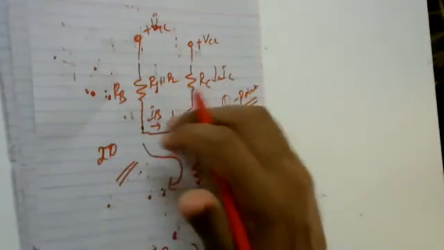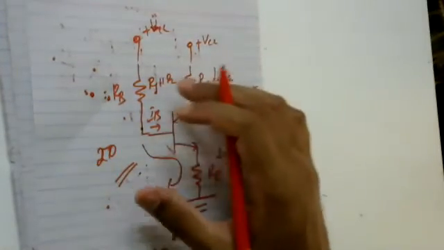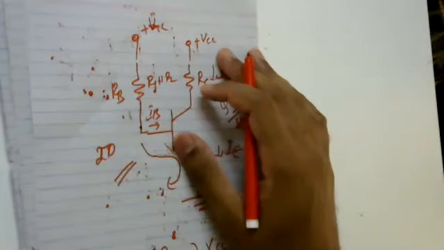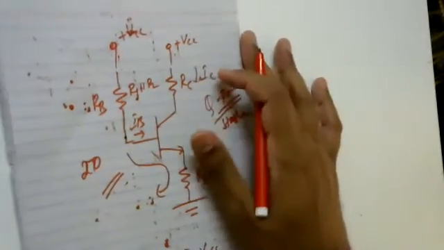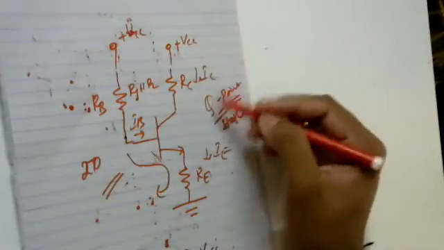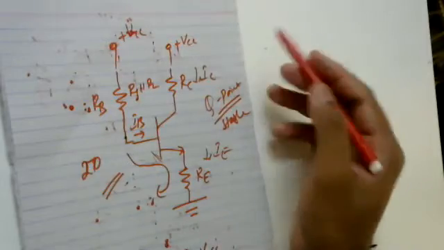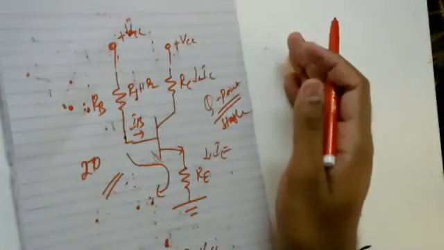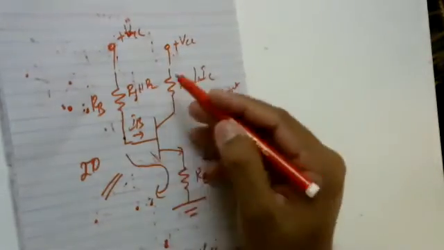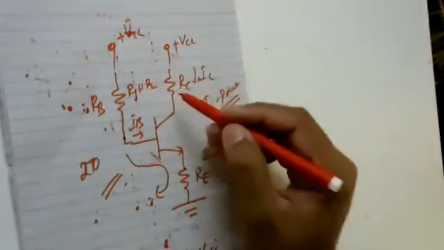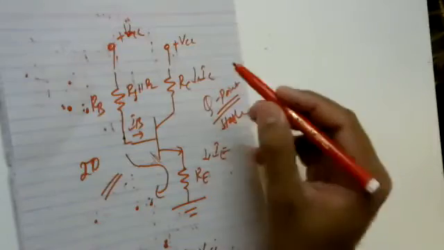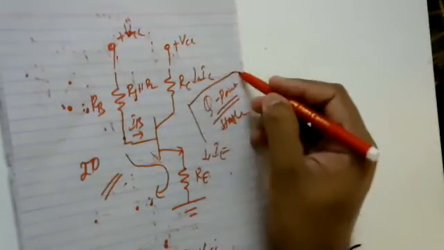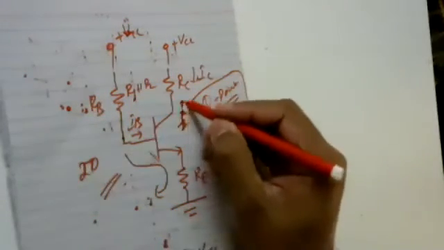Because of this particular reason, you will find this voltage divider bias circuit in any applications. You have already designed in basic electronics using this circuit. You are able to design your oscillators, you are able to design your amplifiers. Am I right? So why is it? You have to remember this one point: we are using the voltage divider bias circuit in any applications just because it offers Q point stability. Your Q point is stable. This is a very important point.